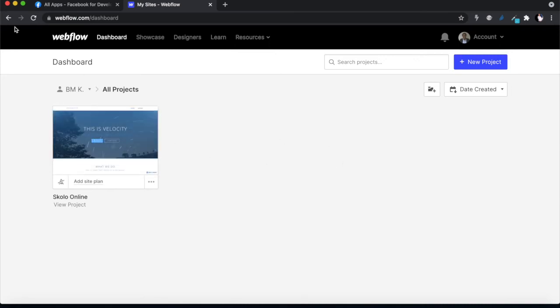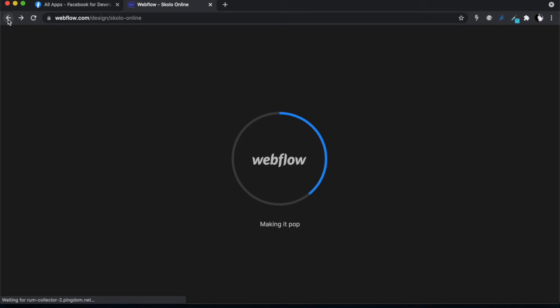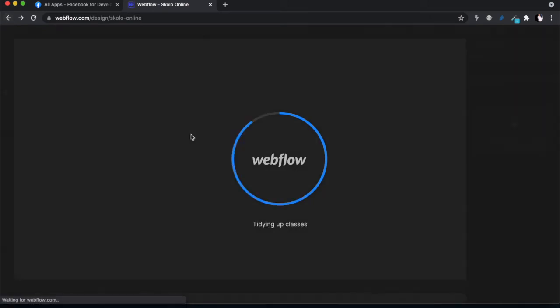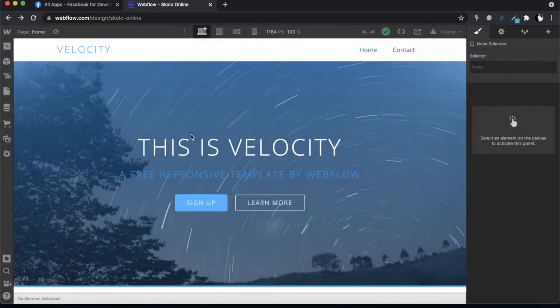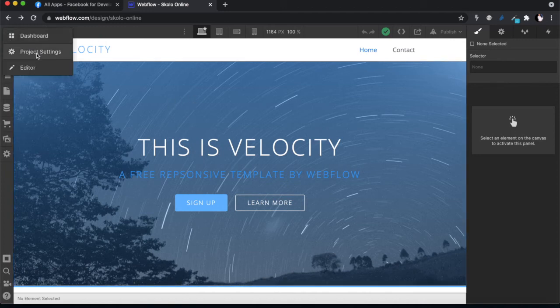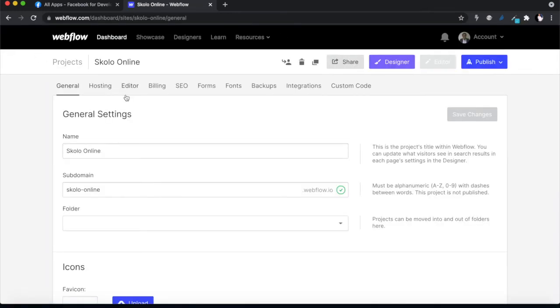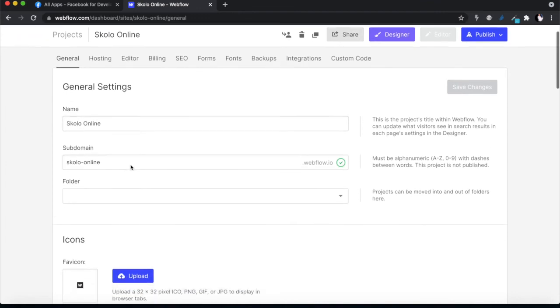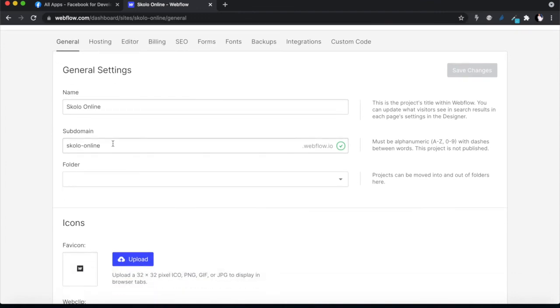All right, so I'm going to go back to where I was before, because that's the editor for the project that I was in, or you could also just click on that project and it will take you here. Again, on the navigator, you can see the project settings. This is where you can edit a lot of things around the name of your website and the subdomain. When you publish this website right now, it will be sitting on